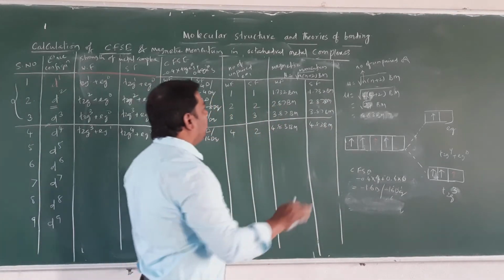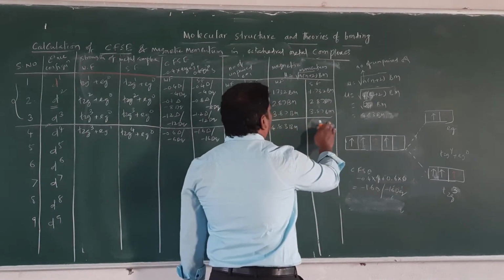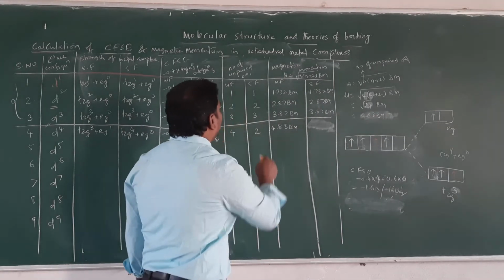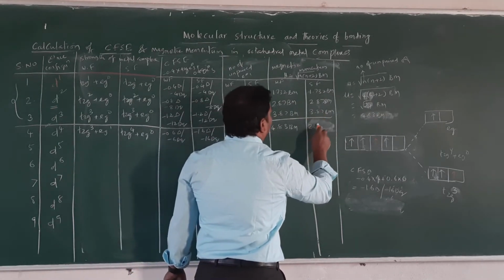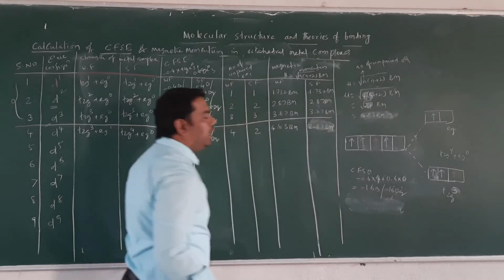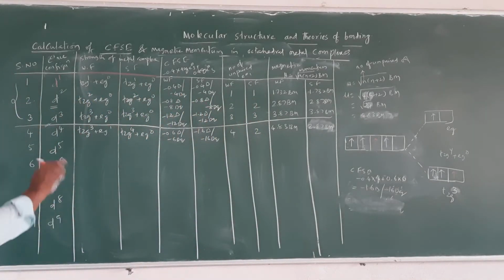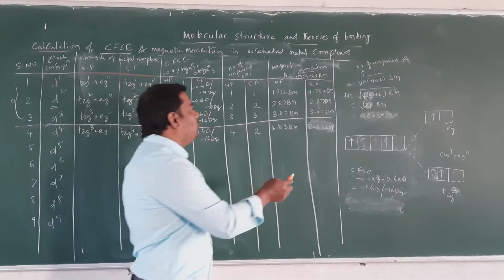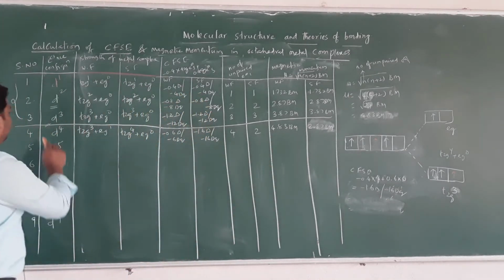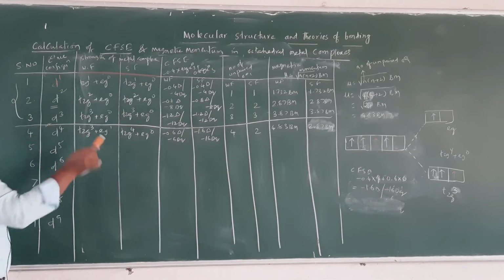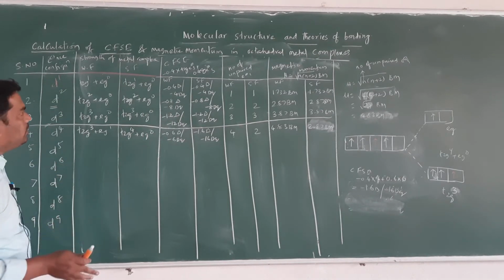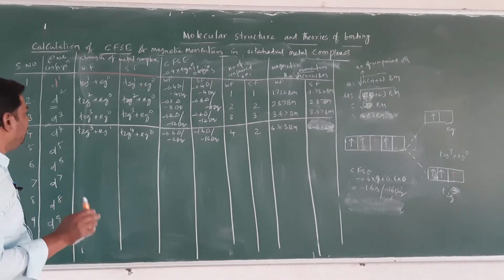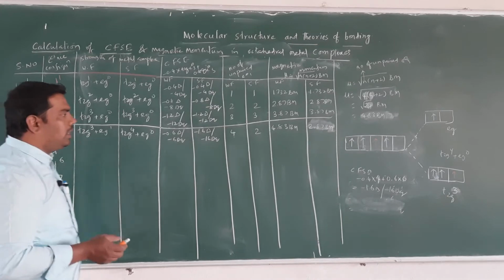Clear? Okay. So for weak field metal complex, how many unpaired electrons are there? 2 unpaired electrons only. So therefore the magnetic moment is 2.87 BM only. So here you can see all the CFSE values, number of unpaired electrons and magnetic moment values differ from d4 configuration, but for d1, d2, d3 the values of CFSE, number of unpaired electrons and magnetic moment values are same. Okay, clear.